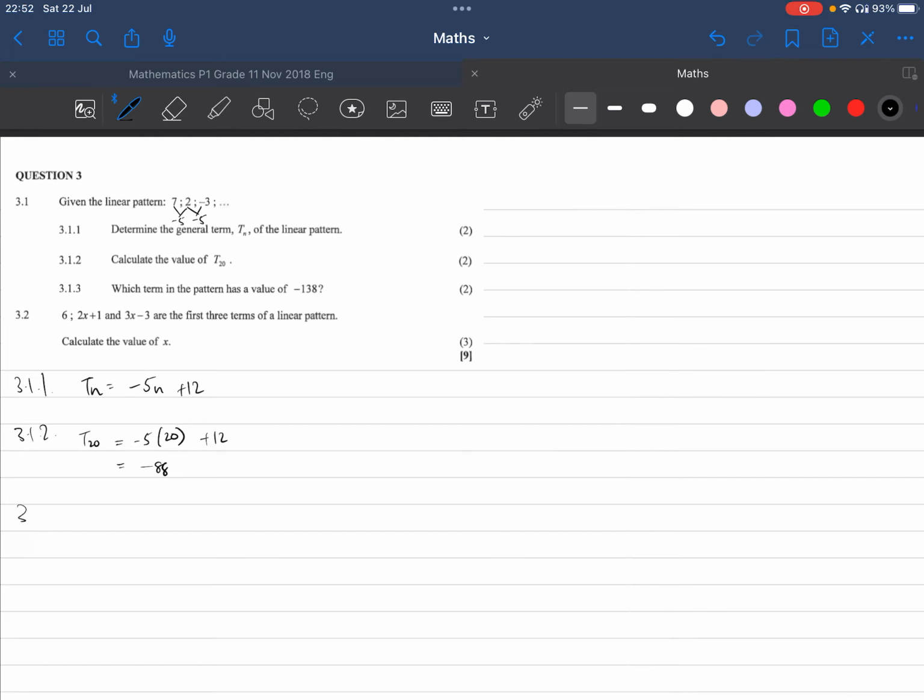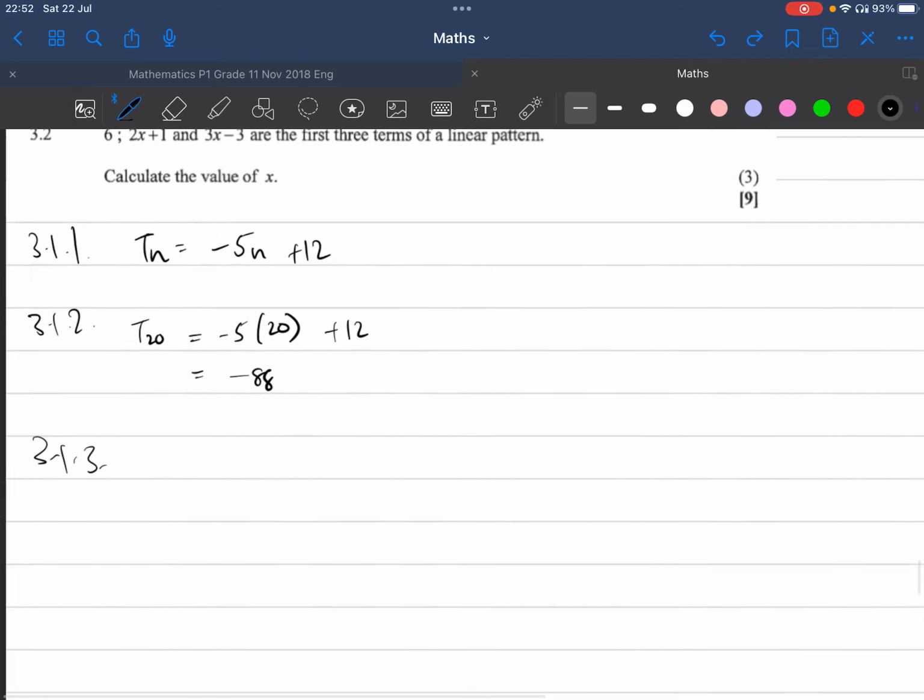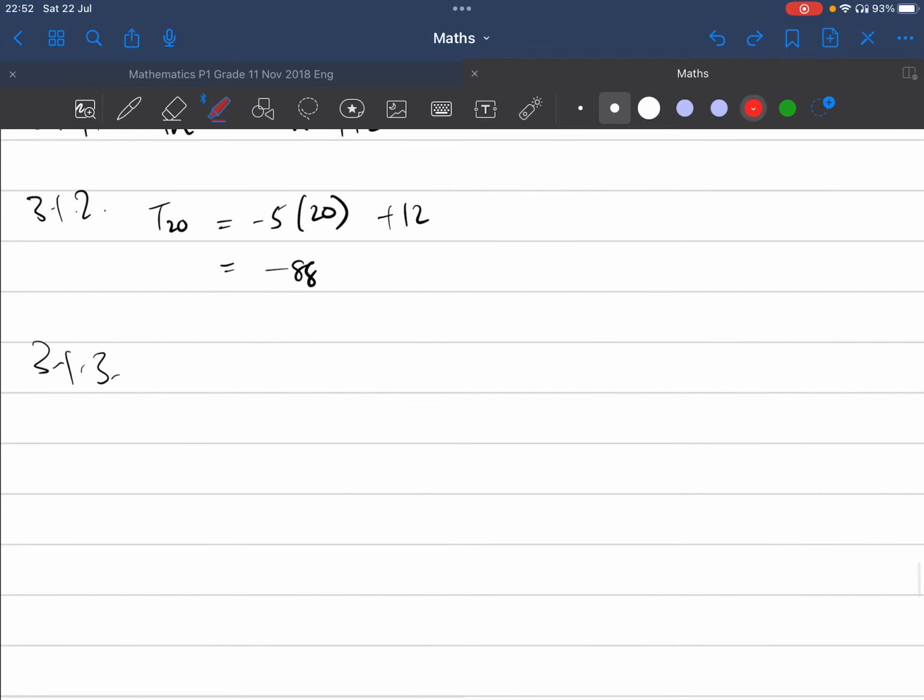Okay, 3.1.3, which term in the pattern has a value of minus 138? Okay, so in 3.1.2, we were given the term and we had to find the value of the term. In 3.1.3, we're given the value of the term and we have to find out what term number that is. Okay, so